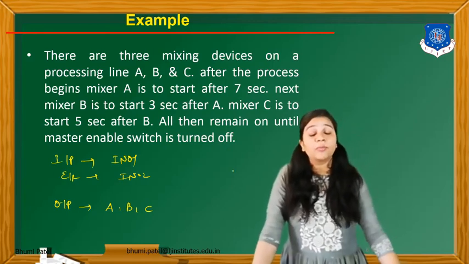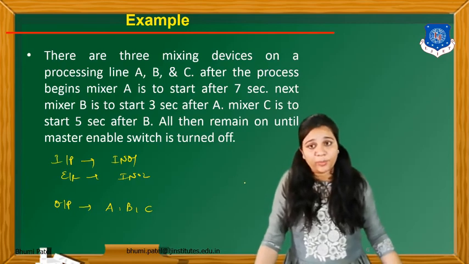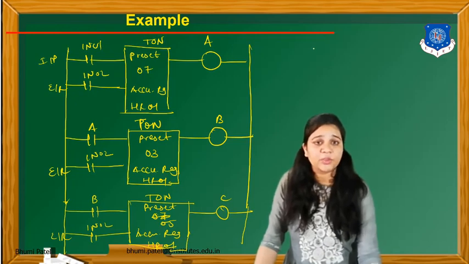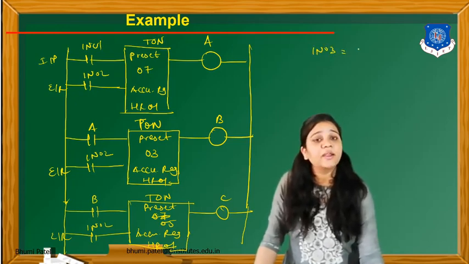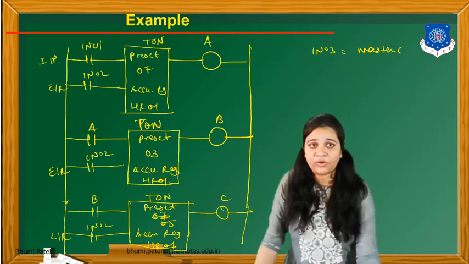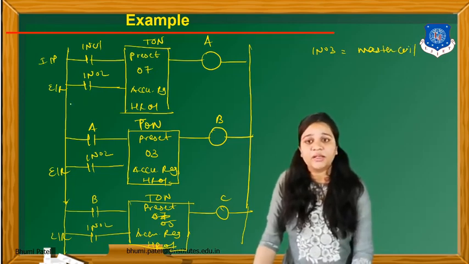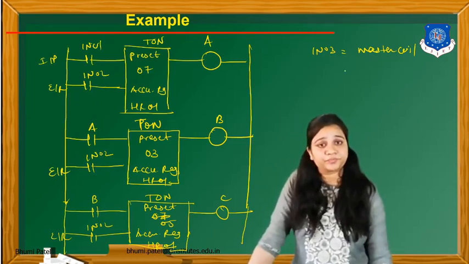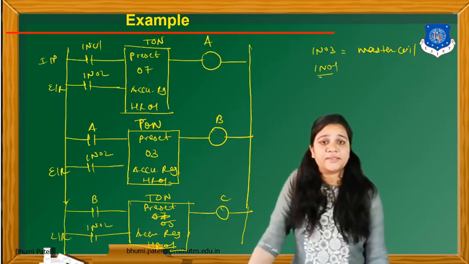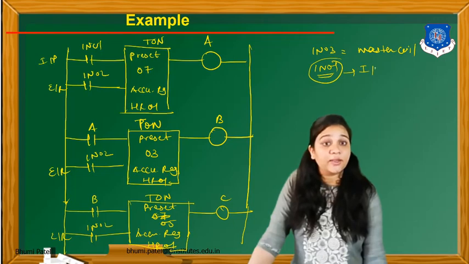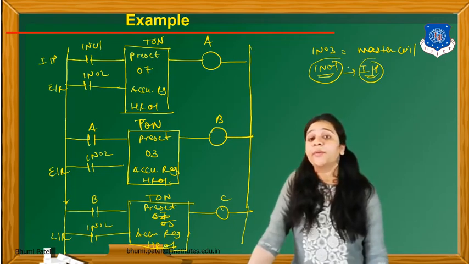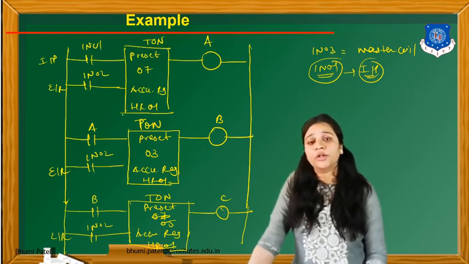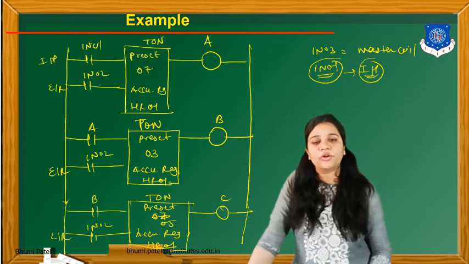So we can take one master switch for this particular program. So we have two options. We can take the third pin as an input, suppose IN03. We can take IN03 as a master coil or master switch. So we can simply connect the master switch with the enable or reset, or we can take IN01 as a master switch, that we have to take as an input switch. Why? Because whenever the input switch is off, A will not be on, so B must be off, and B will not be on, so C must be off.